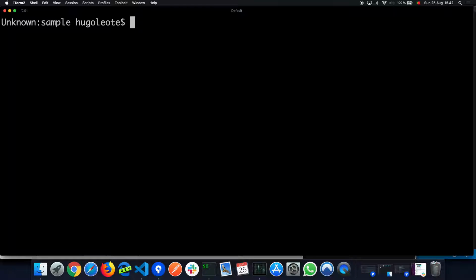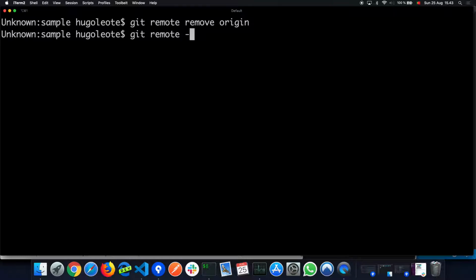So what we need to do, we can do it in different ways. I think the quickest way is git remote remove, right? Or is it rm? No, it's remove origin. So if you write git remote remove origin, we can check it here, and now nothing should be there. Exactly, it's empty. So then what we need to do is git remote add origin,